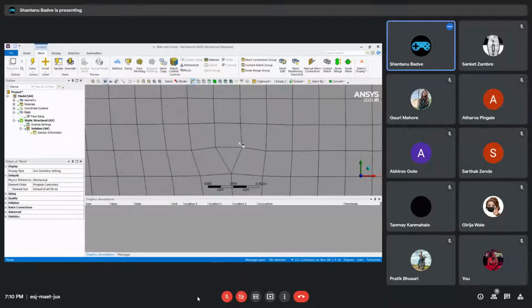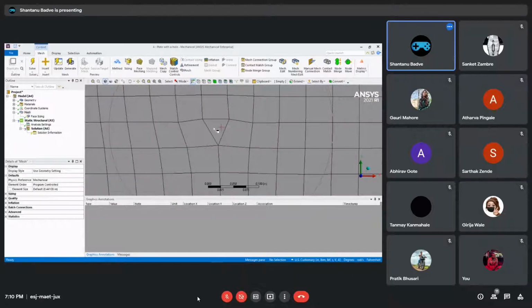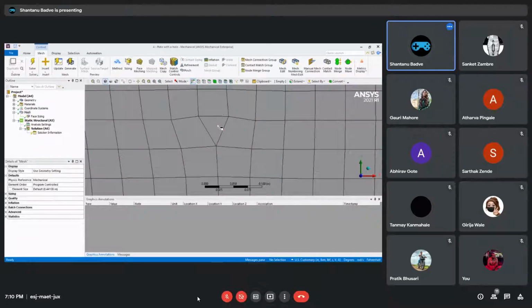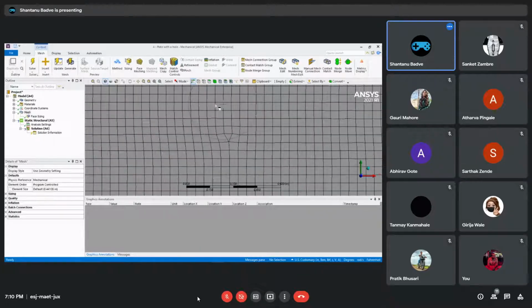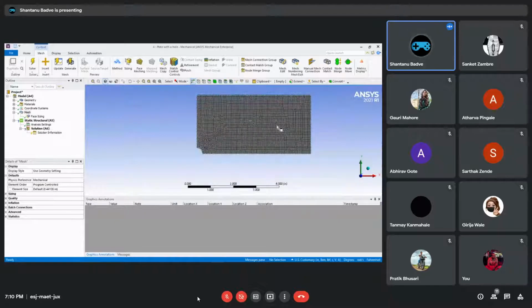And basically, there are two types of two-dimensional elements that are mostly used. They are the quad 4 and the tri 3. The quad 4 basically is just a square. The tri 3 is nothing but a triangle with three sides. Obviously, we know, but it's not the sides, it's actually the points in the geometry. So a triangle has 3 points, therefore it is called a tri 3, and a square has four, therefore it is called quad 4. So meshing is now done.